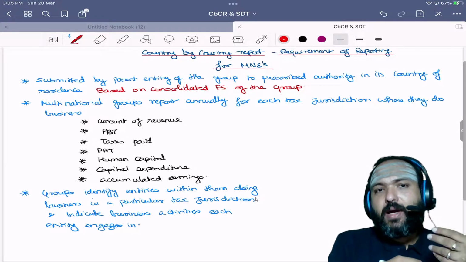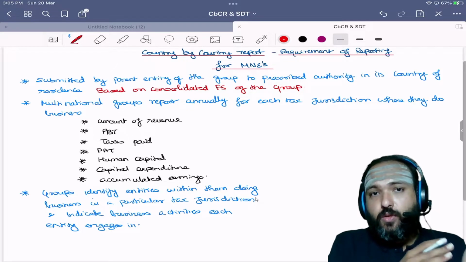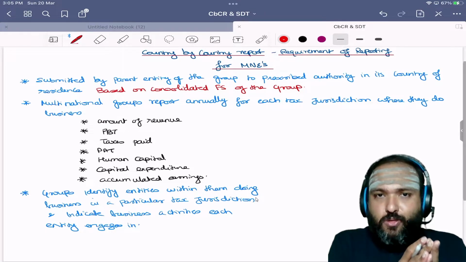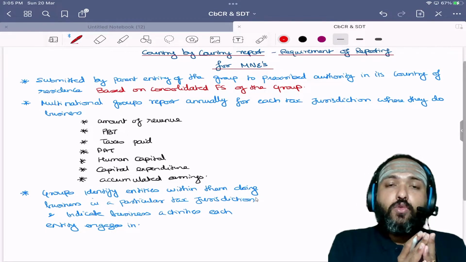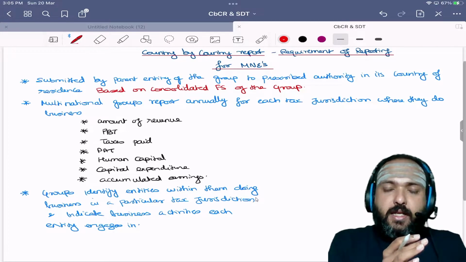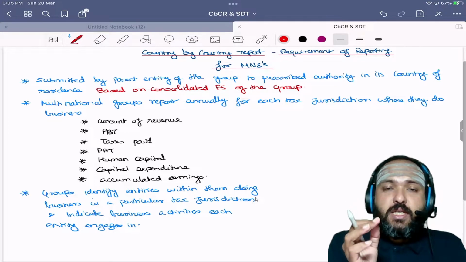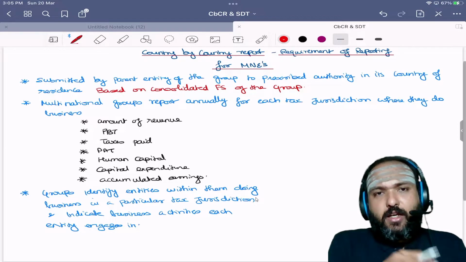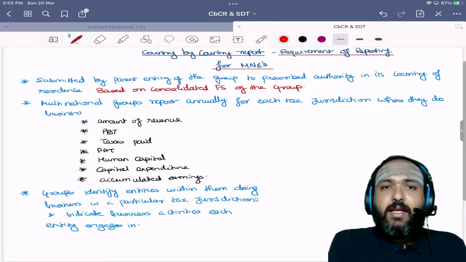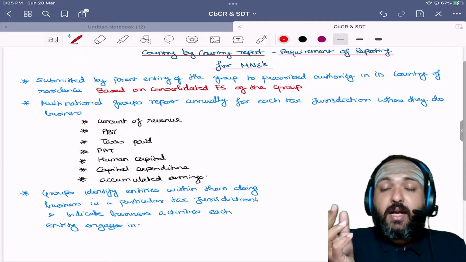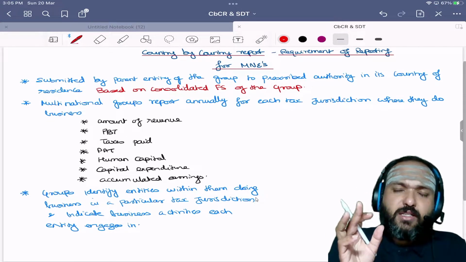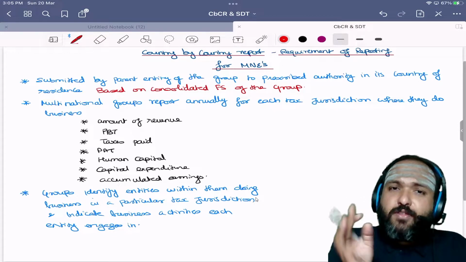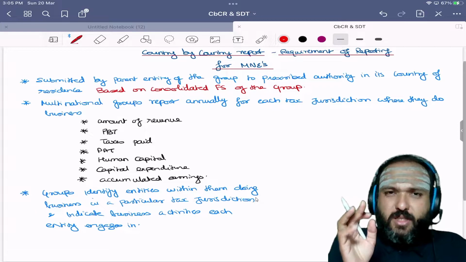So to quickly check back what we have seen so far, we understood under section 92 what are the prerequisites of transfer pricing. Then 92A made us understand the definition of associated enterprises, and then 92B gave us an insight into what is an international transaction, and then 92C gave us the methods that are generally to be adopted for the purpose of transfer pricing in terms of determination of arm's length price. And then we even went on to understand the assessment related provisions with respect to transfer pricing, and we went on to understand 92CC and CD with respect to advance pricing agreements and the rollback provisions, and then we understood